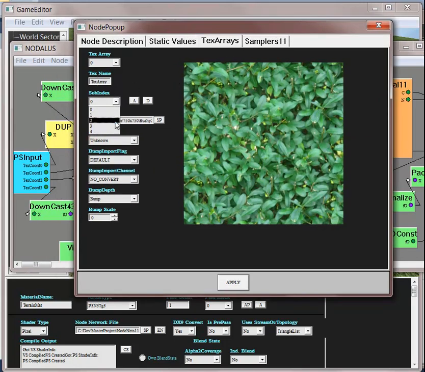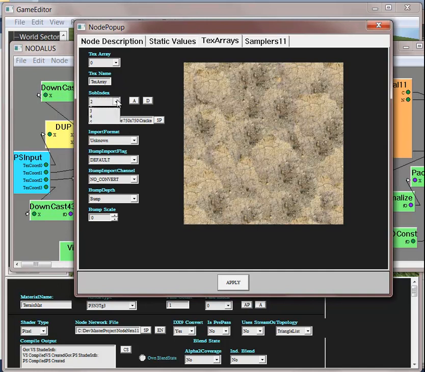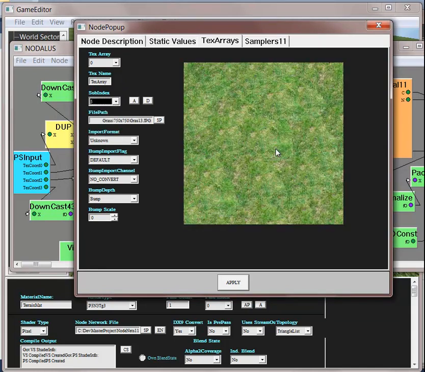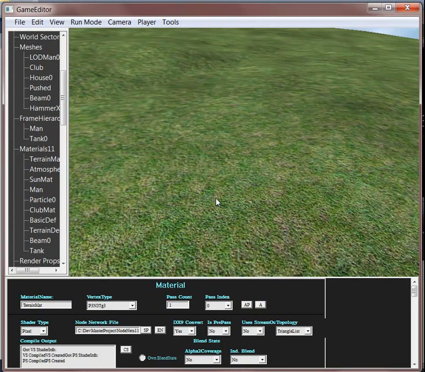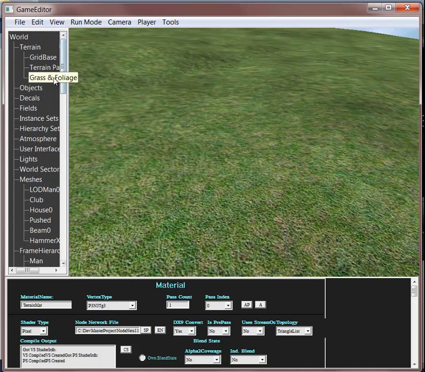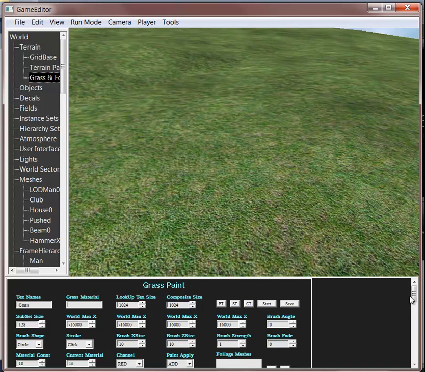Okay, so we're looking for materials that look like what we have where we're at, and it turns out it's material ID 5. So this here is material ID 5, and so what we do is we go back here and we want to put some grass there, and we